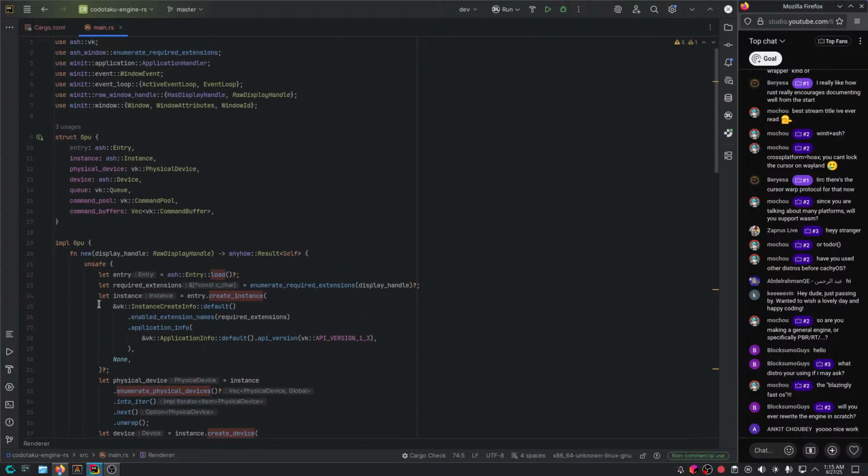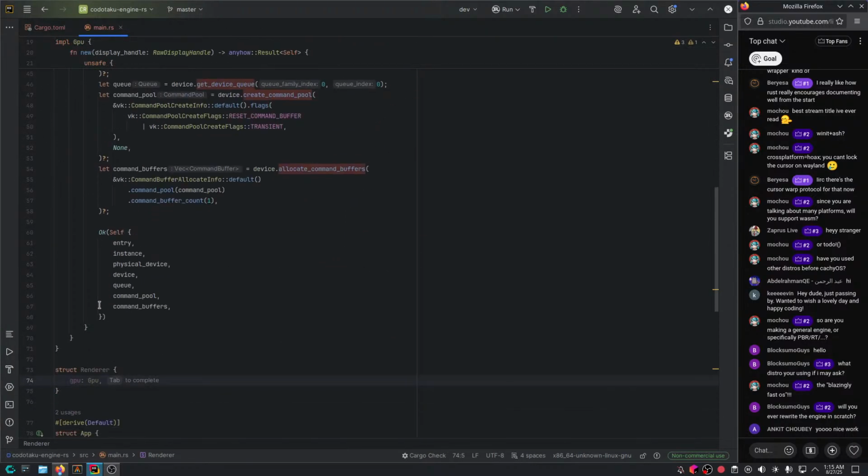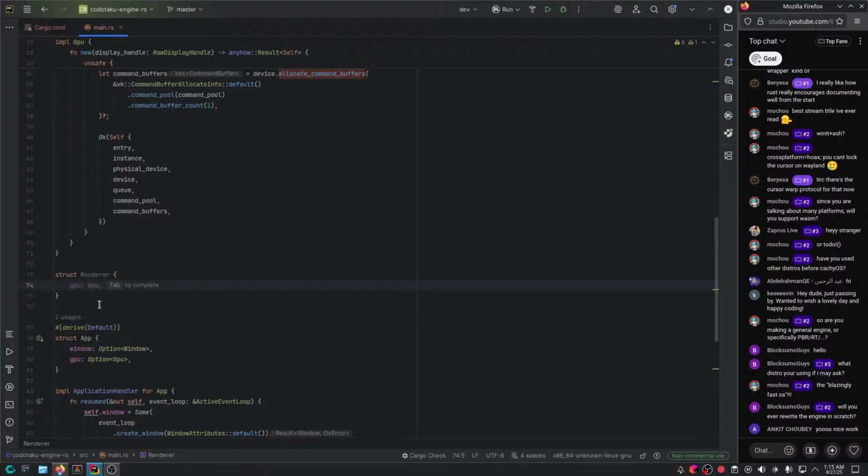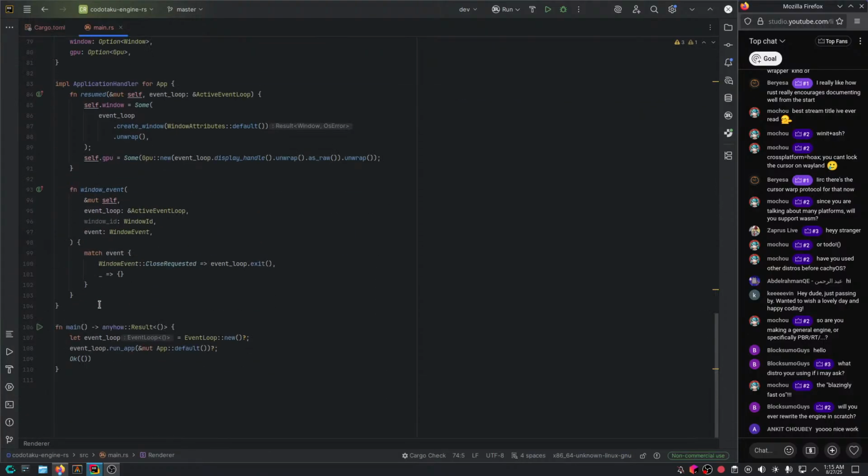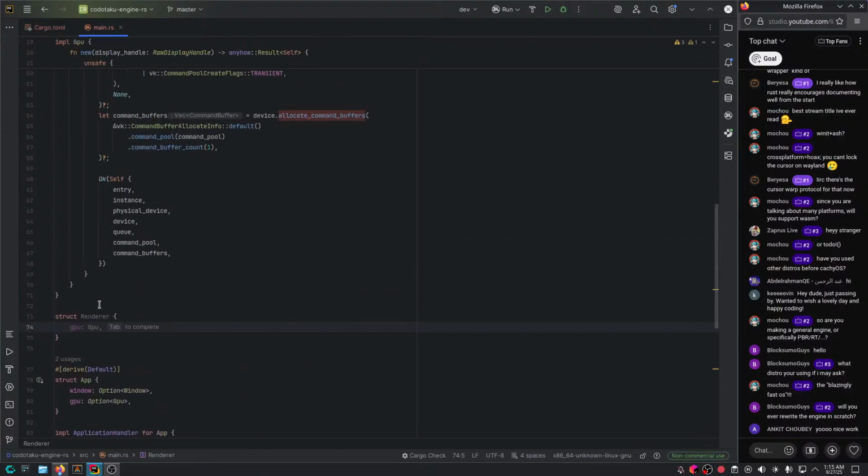So the GPU, how are we gonna do this? Well, it should definitely take, so we could either go with an Arc. Let's see. Should we go with reference counting or what?